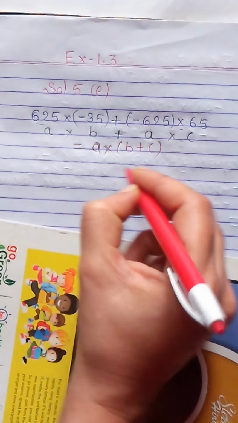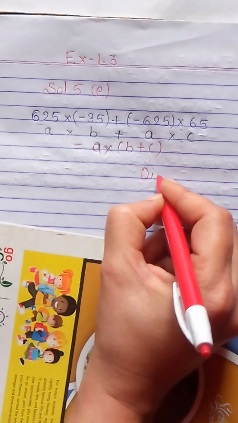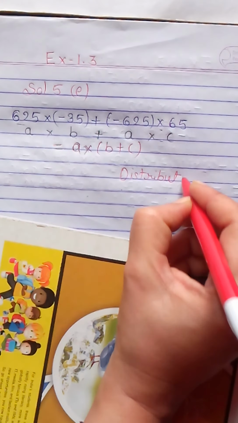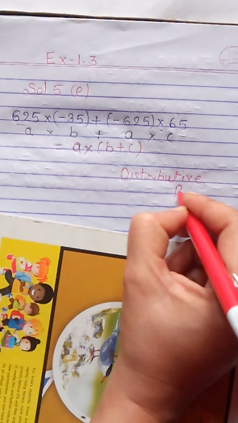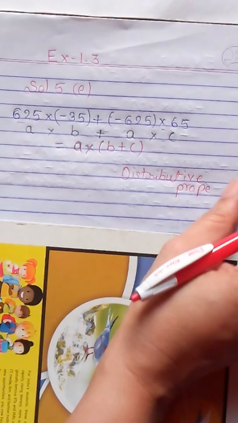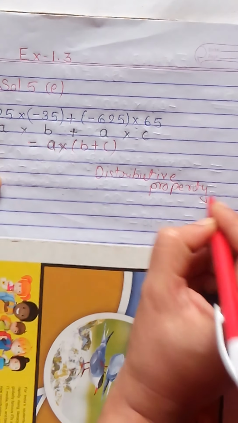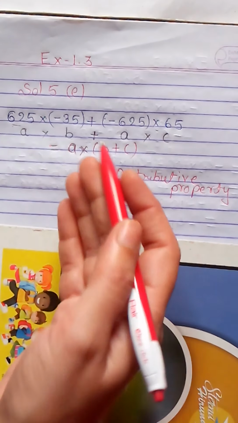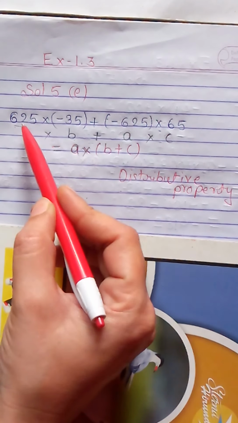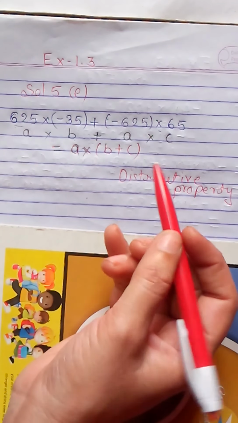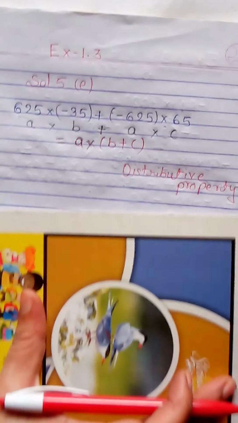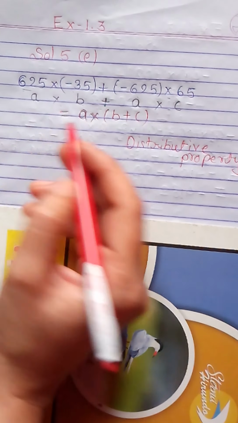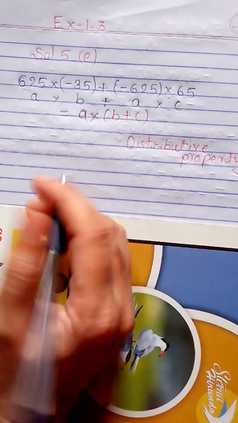Here we can use the distributive property. The property which we can use is the distributive property, because in the question it is given as A cross B plus A cross C. Okay, so how can we solve this? If I take 625 as common, so here we will get